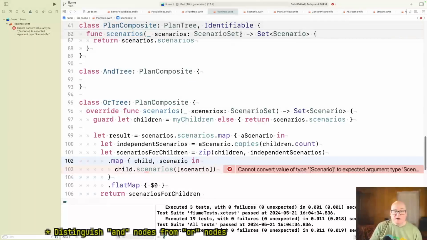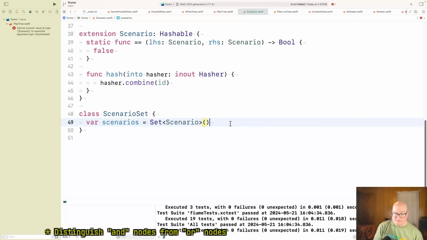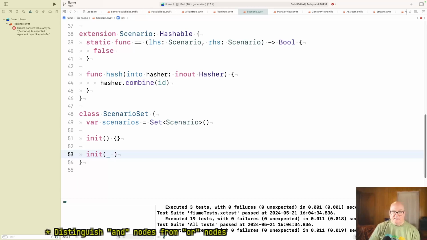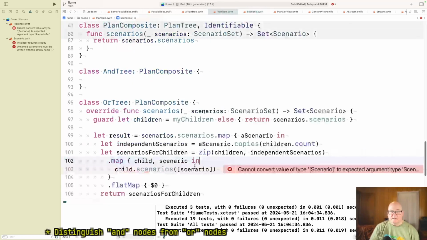Well, I don't know if that's driving another constructor in. Okay, so we have init, and then we have init with a scenario. Right now it's just one scenario.